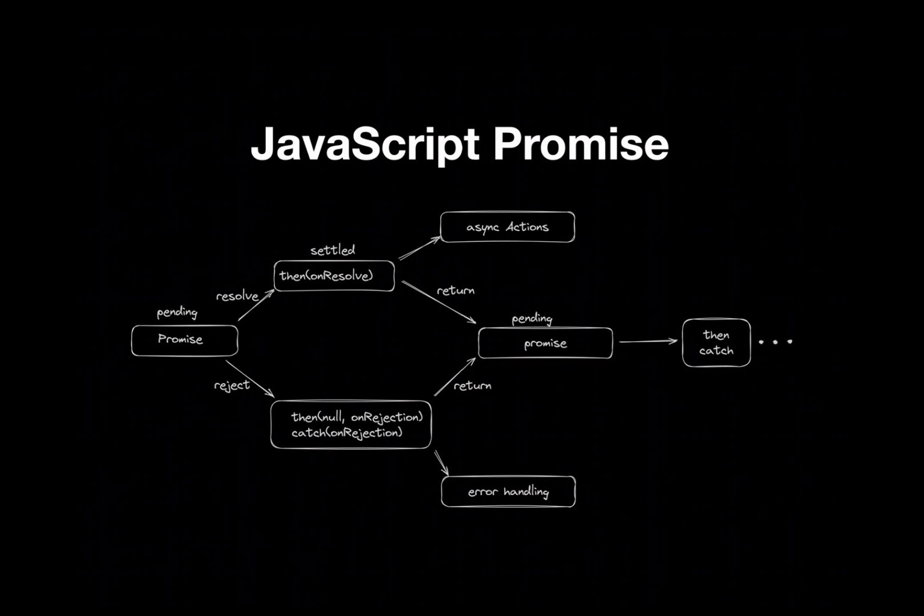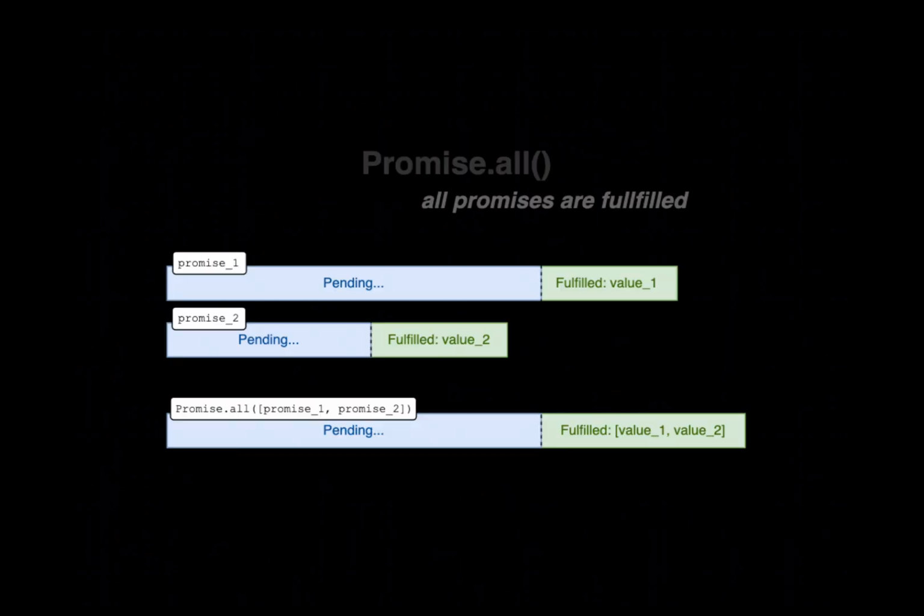Before we jump into the code, let's quickly recap what promises are in JavaScript. Promises are objects representing the eventual completion or failure of an asynchronous operation. They provide a cleaner way to handle asynchronous tasks compared to callbacks. Now, Promise.all is a useful method that allows us to handle multiple promises concurrently, and it's native to modern JavaScript